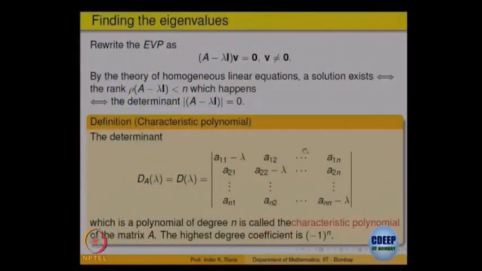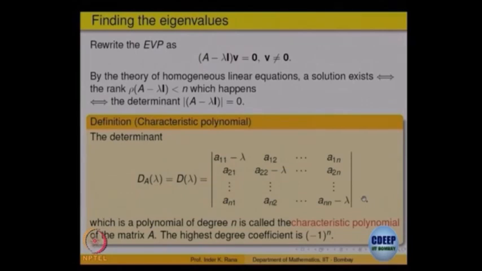So, here let us say, suppose you expand by the first column. So, this will be gone and this will be gone. So, you will have A11 minus lambda into determinant of the remaining, right. When you write determinant of the remaining, again you will have to expand by that. Let us again expand by this column, then A22 minus lambda will come out as a factor into determinant of the remaining one. So, what will be the highest power of lambda that will come? Lambda to the power n, right, plus some lower powers.